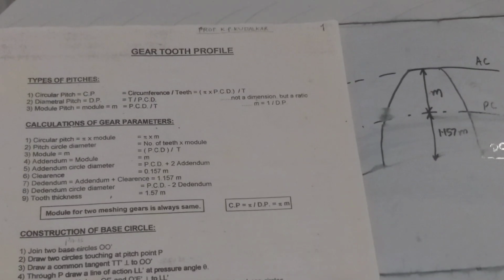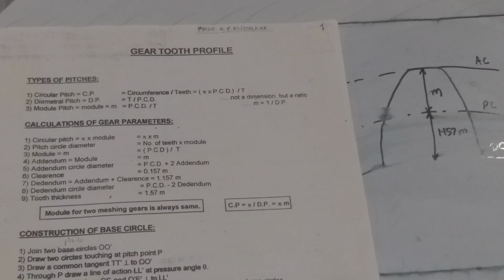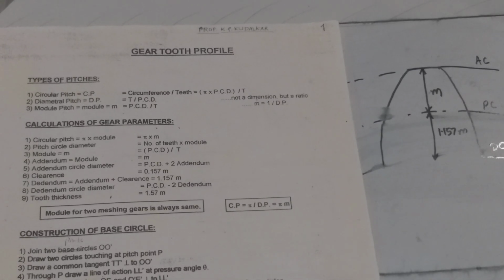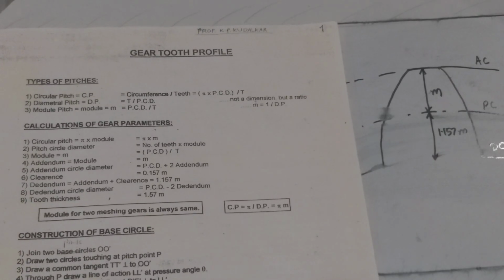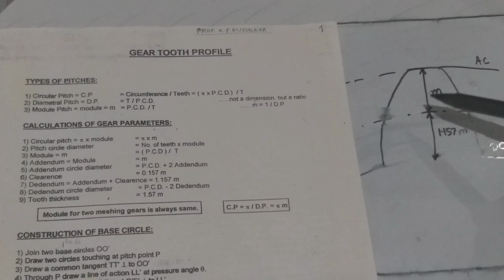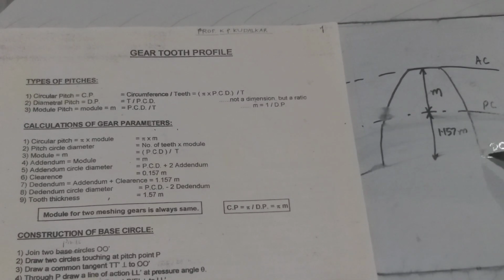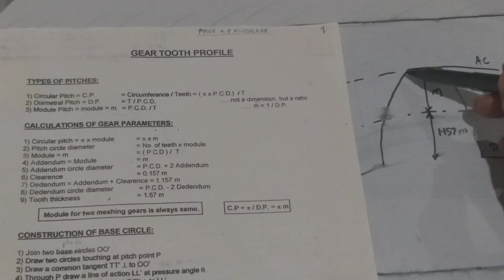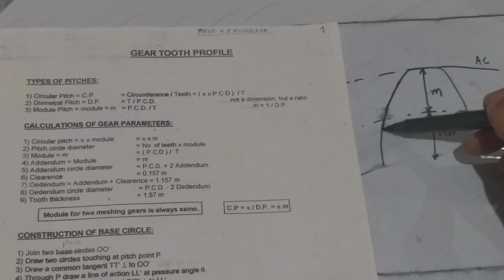Welcome again to the topic of gear tooth profile. The gear tooth, which all of you know what it is, has a kind of profile which is not a straight line, neither is it a part of an arc. Have a look at this tooth. This is a typical tooth of a gear that is shown, and this is the side surface of the tooth.